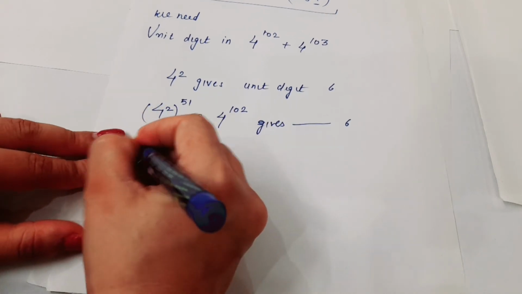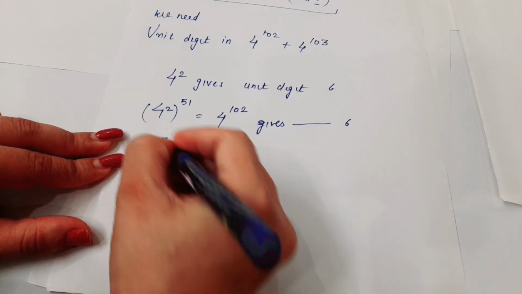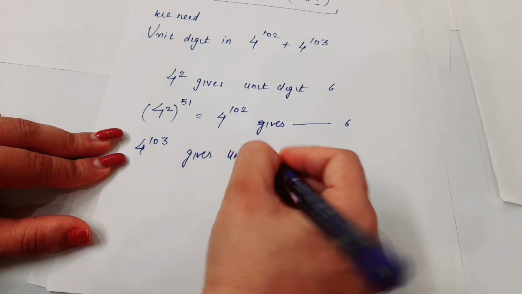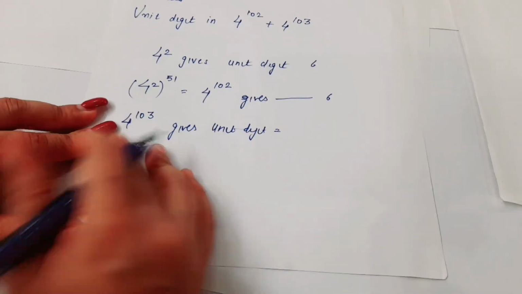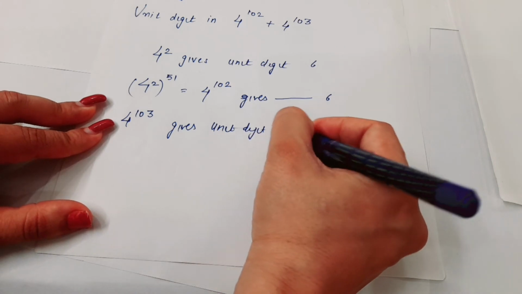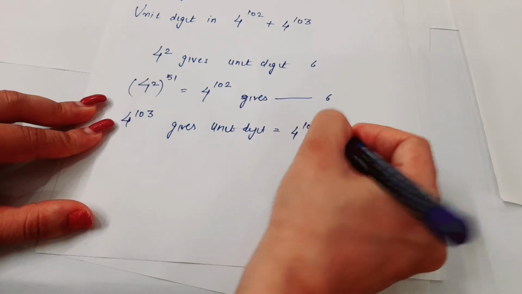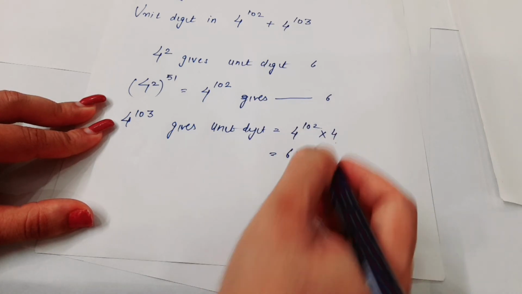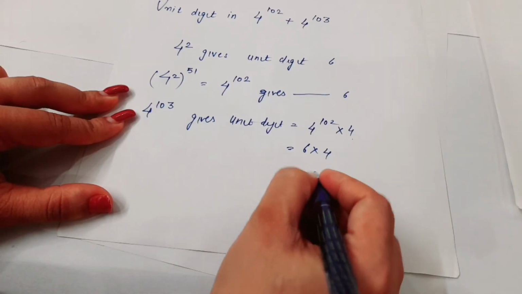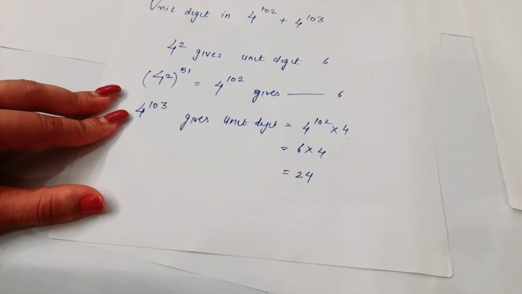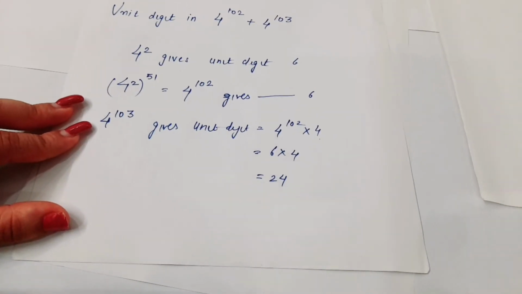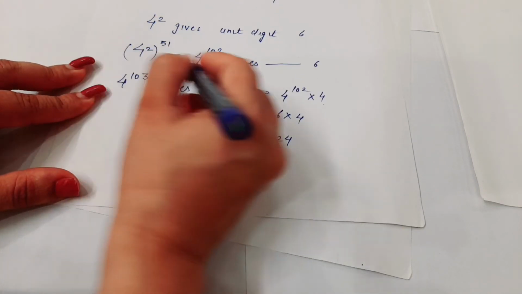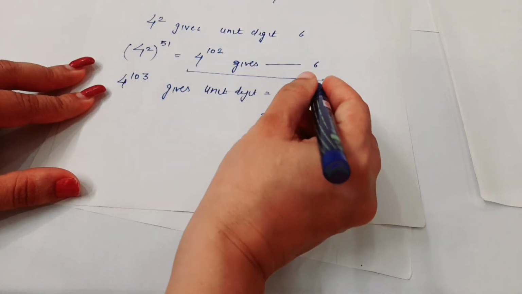Okay, now 4 raised to power 103 is equal to 4 raised to power 102 into 4. Okay, so this gives unit digit 6, this gives unit digit 4, so this will give unit digit 24. Okay, so if this will give unit digit 24, and 4 raised to power 102 gives unit digit 6,